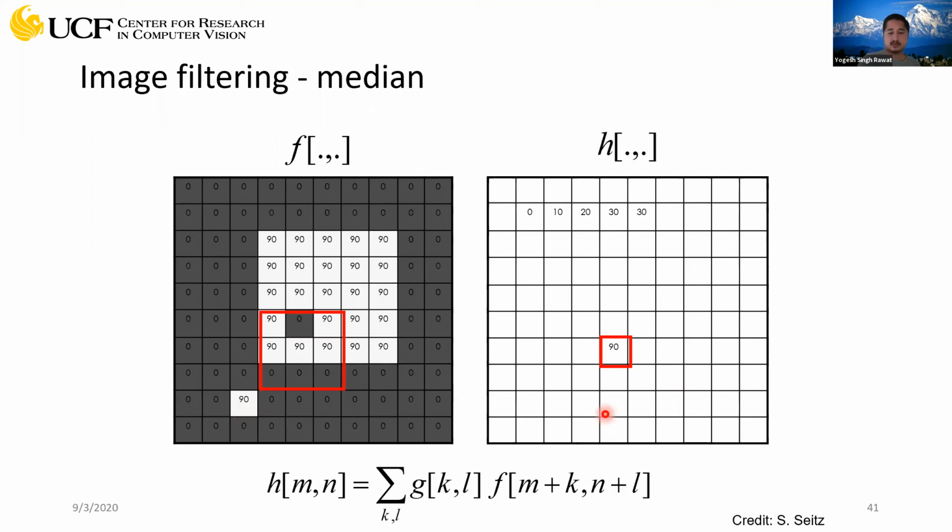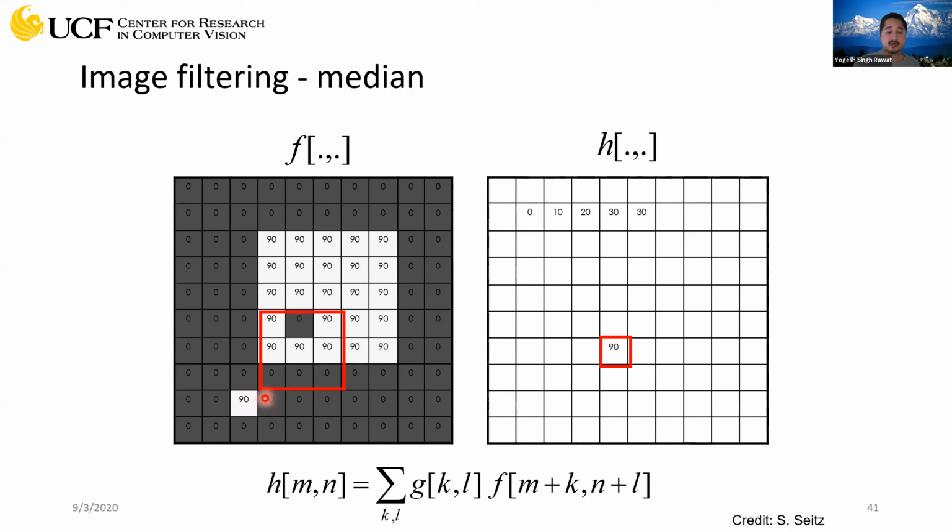Another good example will be, let's say these values were not all 0, but close to 0. Let's say close to 10, 20, or 30. And you get a very high value at this location, which could be, let's say, 250. Now, if you compute the average or mean, because of just this one pixel, the mean will be too high. It will be close to 150 or something.